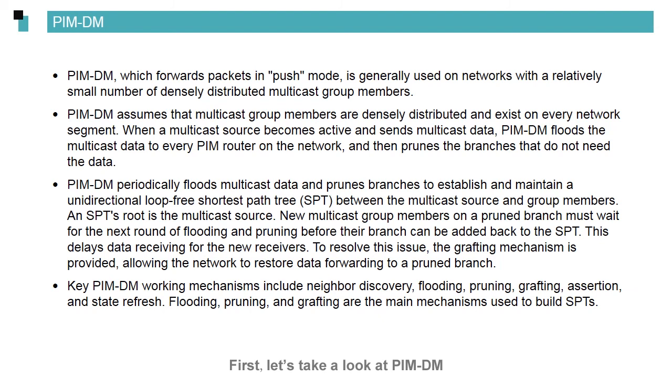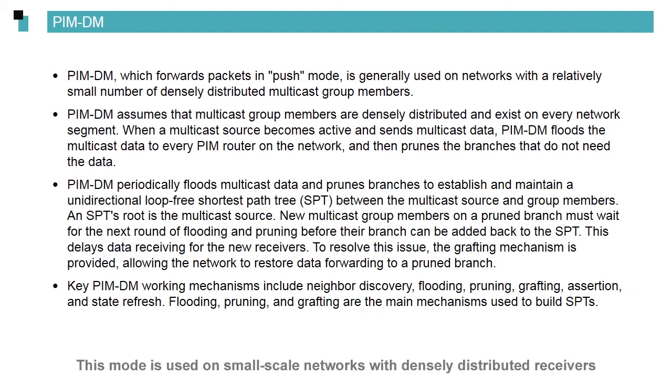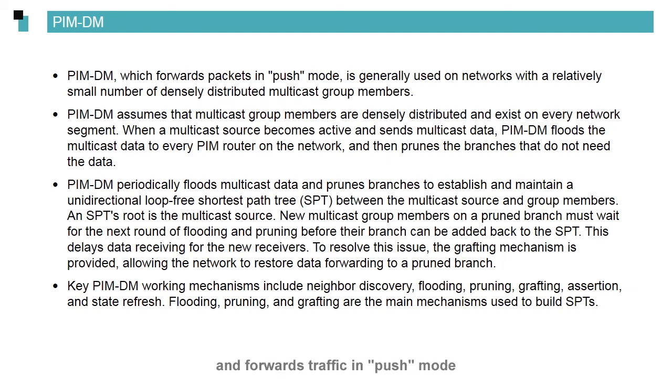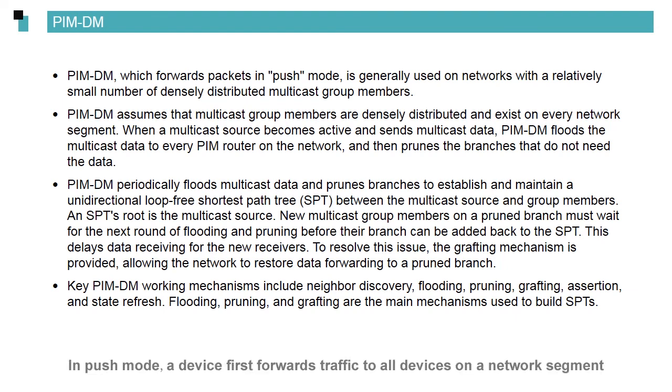First, let's take a look at PIM-DM. This mode is used on small-scale networks with densely distributed receivers. PIM-DM assumes that group members exist at each corner of a network and forwards traffic in push mode. In push mode, a device first forwards traffic to all devices on the network segment without considering whether it is required. If no hosts on the network segment require the traffic, this network segment branch is then removed from the